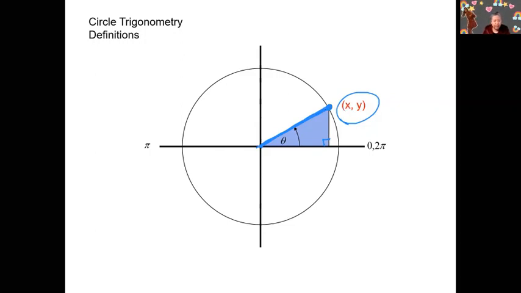Then if we can designate the coordinate there, then we can see all the facts around that circle and inscribe the right triangle like this. And realize the hypotenuse of the blue right triangle is also the radius of the circle outside, right? Then if we designate a certain angle, theta